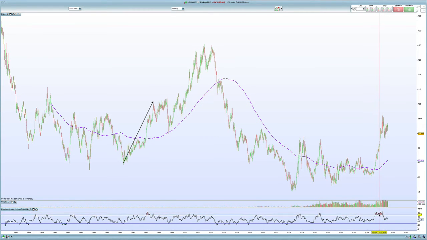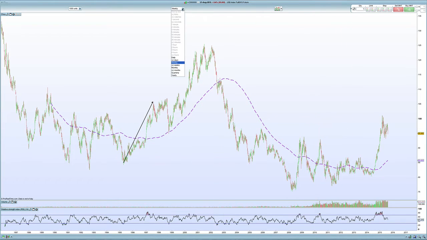So that can tell you it's probably one of the most crowded trades around, which is always a worrying sign for me. And I guess the question is, if you look at this move I've drawn in here in the late 90s, whether we keep going up or we start falling back down like all these other spikes have in the last 5 years. And for mine, I think we're more likely to fall back down, just because my feeling is that the US economy is not in as great a shape as everyone tries to imagine.